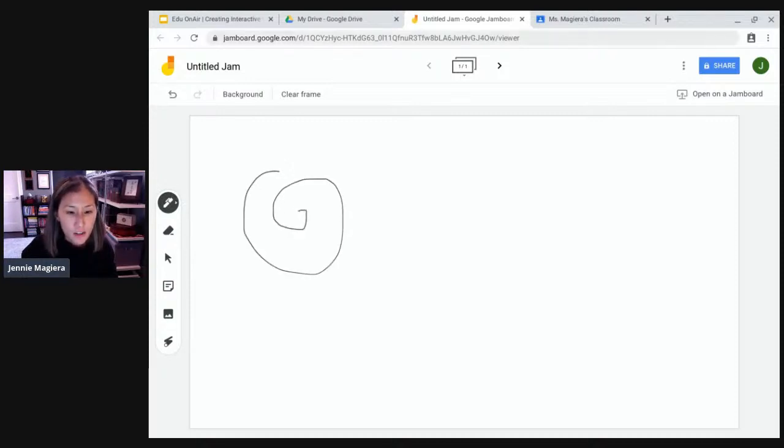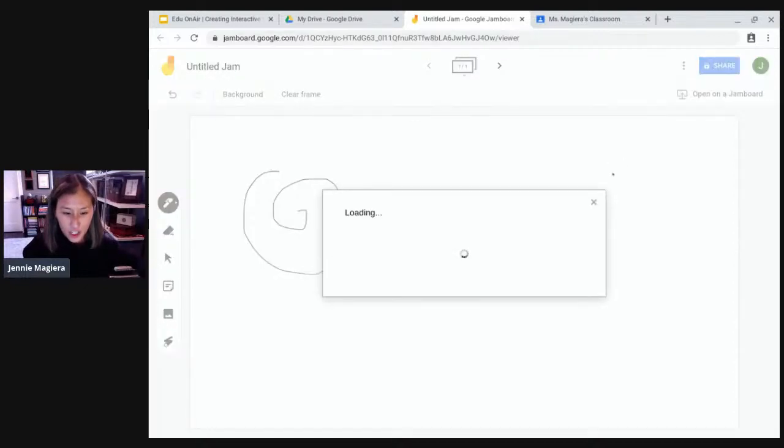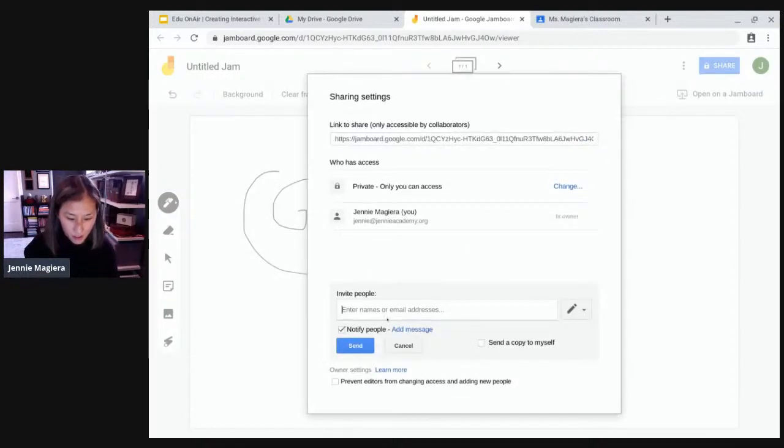So if I were to share this with someone else, then that other person could jump into this jam and they could be interacting in it again with me. And the way that that looks is it shows their name in the upper next to their cursor, and I can see who's jamming with me on that board at the same time, which is again really quite nice to do. So if I were to come over here and share this with my Google account,